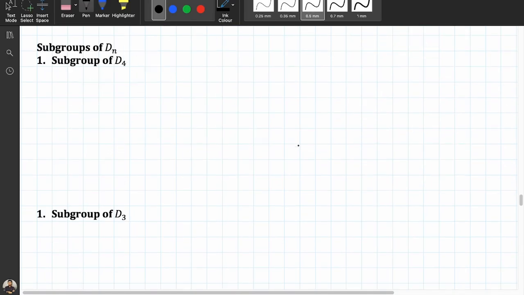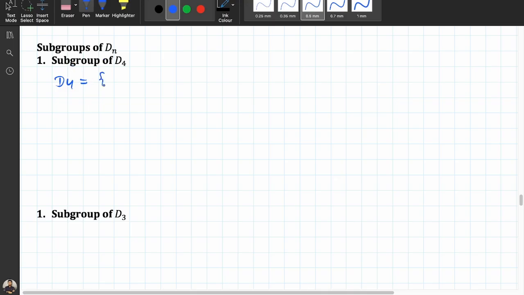Now come to some specific groups. Subgroups of Dn. Okay, that we will discuss here one by one. These are very, very important. So first of all, we'll take the subgroups of Dn. We'll start with the subgroups of D4. So first of all, we'll write what is D4. So D4 is simply